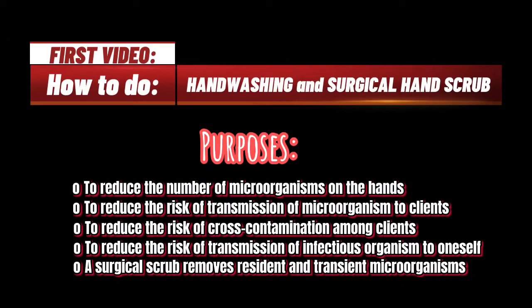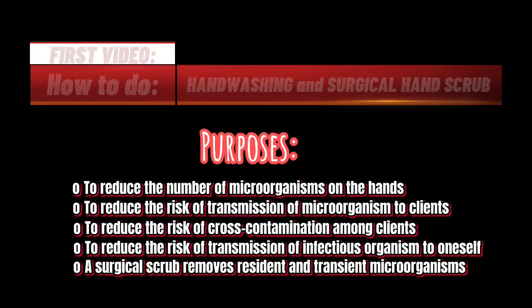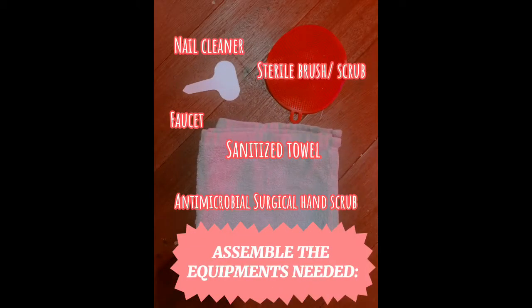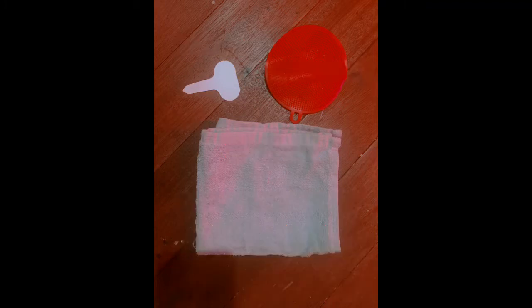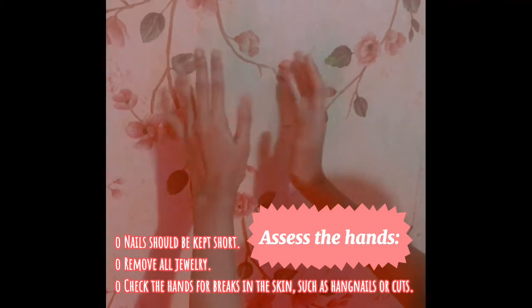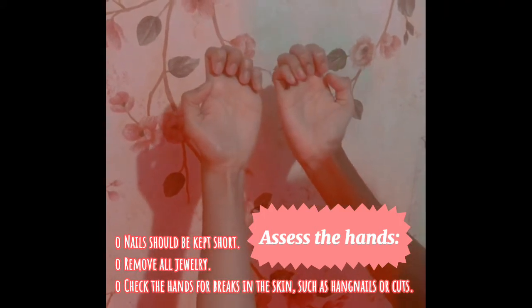The first video is about hand washing and surgical hand scrub. For easier access and an organized way, while also saving time while doing their procedure. Nails, jewelries, and cuts are places where microorganisms can harbor or enter, so assessing the hands would help minimize the